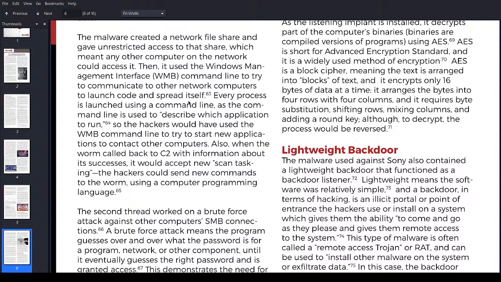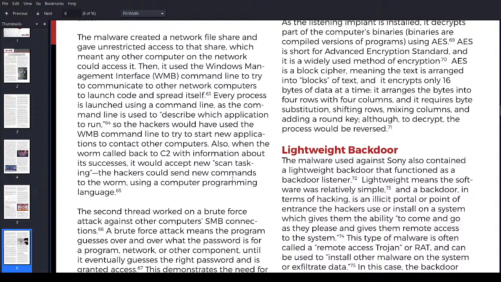Every process is launched using a command line, as the command line is used to describe which application to run. So the hackers would have used the WMI command line to try to start new applications to contact other computer networks. Also, when the worm called back the C2 with information about its success, it would accept new scan tasking.